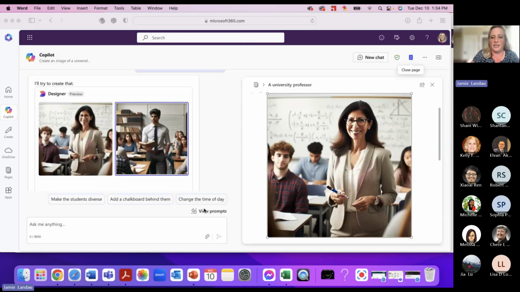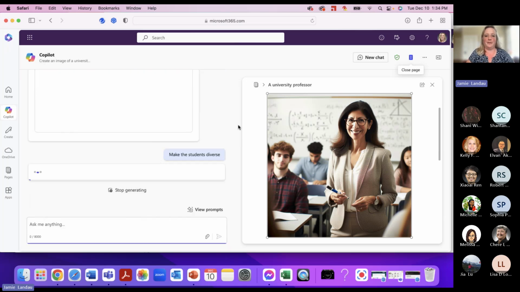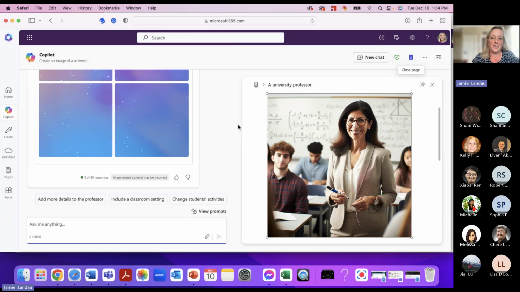And similar to this, you could continue to edit it. It says, well, change the time of day, that's really make the students more diverse. Let's follow that prompt. Let's see what they think categorizes diversity. So it's going to generate,